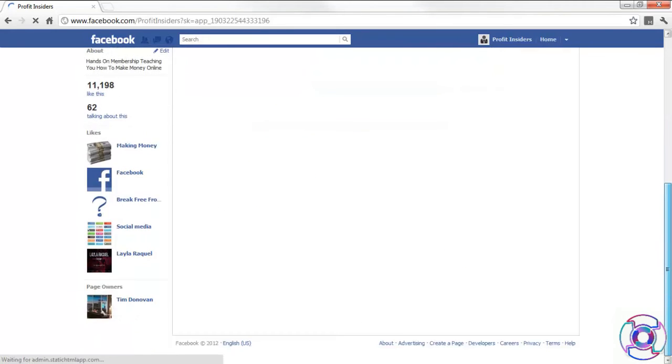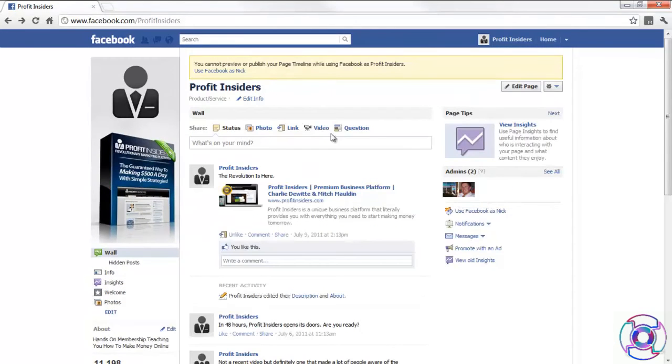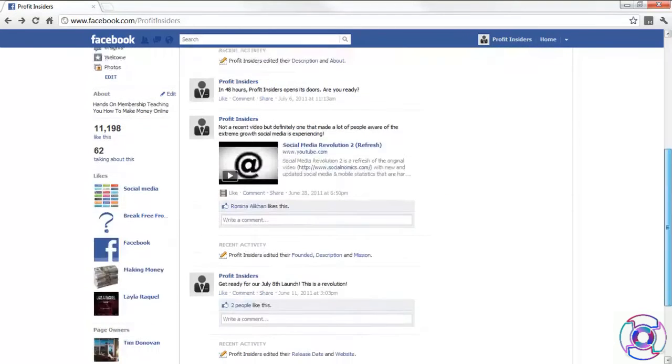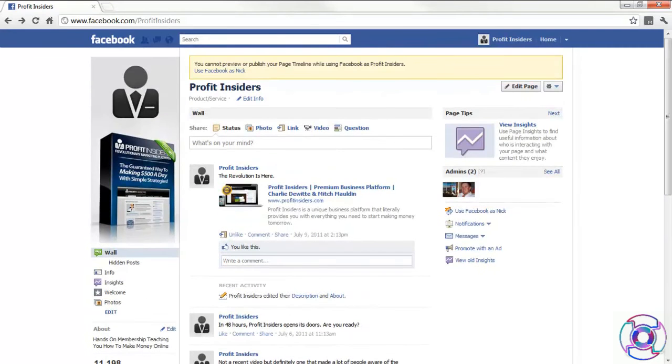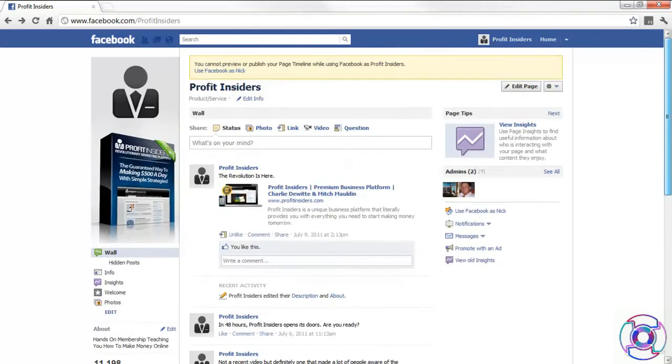Yeah, everything's completely different, okay, than what it's going to look like. We've got our wall kind of like vertically going down. If you're familiar with the timeline, it's going to look completely different than it does right now. So what I'm going to do is go ahead and switch this over to timeline now, and then from there